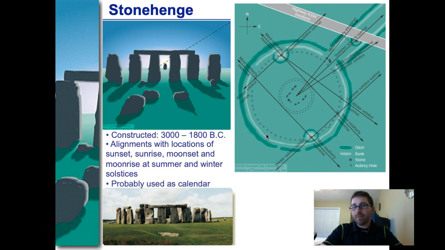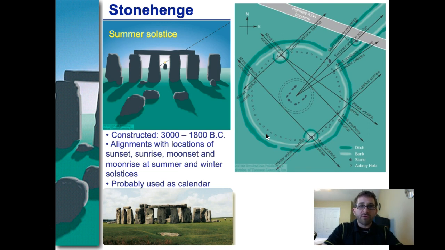So that's the astronomical significance of Stonehenge. I've also watched a video that said there might be some sort of connection to the burial of ancient relatives, and that this was a gathering place at the summer solstice, which is the longest day of the year, as kind of like a celebration, and also at the winter solstice possibly as well. So thoughts on this? I'd be interested to hear your thoughts as well.